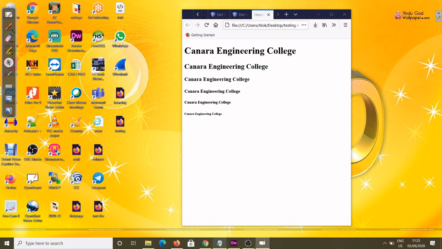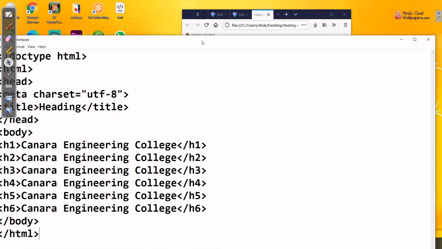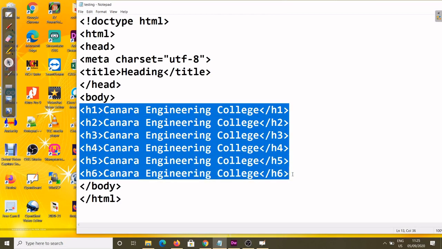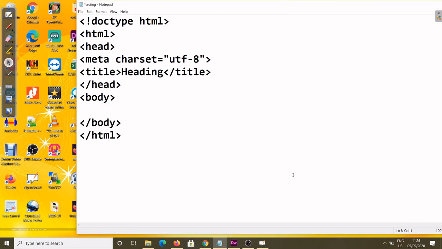So same example, only we can edit. This we don't want now, we can go for the paragraph. So you can put here the p tag, then again you can write here, this is my text file, close again the p tag.